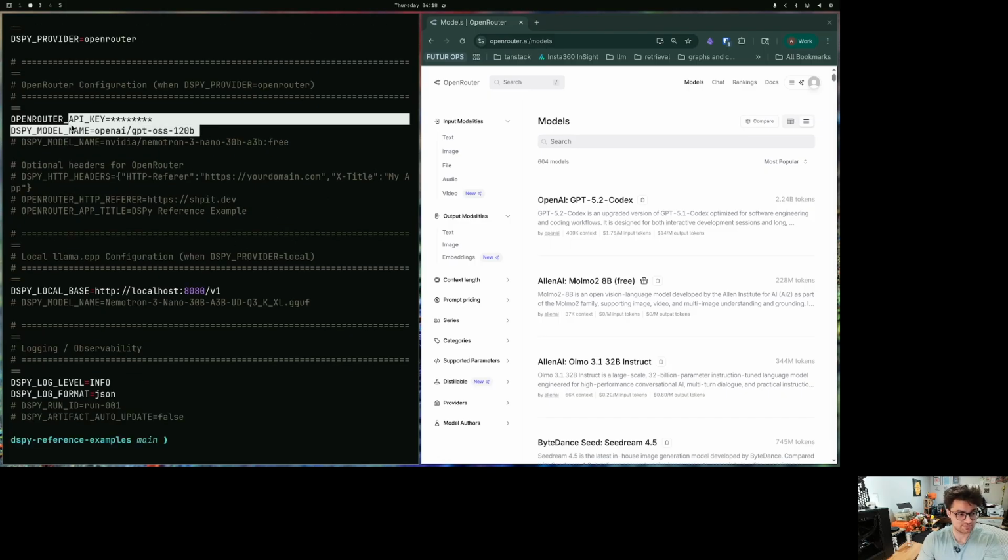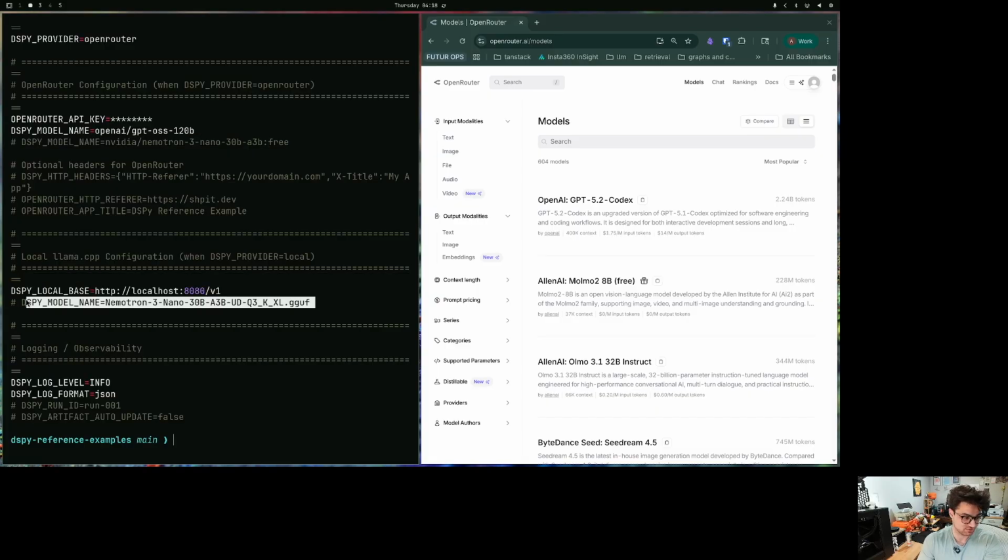You need to define a model. Obviously, if you're going to use a local one, you define it down here. You have to set your base, which is, if you're running this locally, you have to set the base of where you serve this up. But if you're running this off of OpenRouter, the default value is going to be the one to the OpenRouter gateway, so you should be already good and configured there. And then